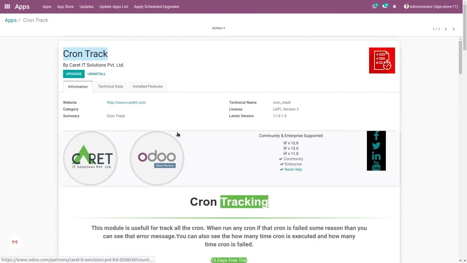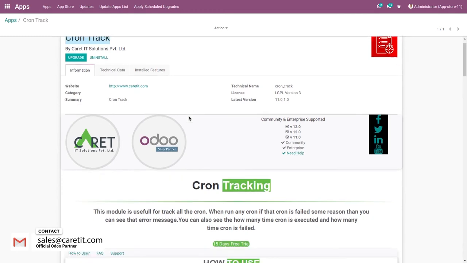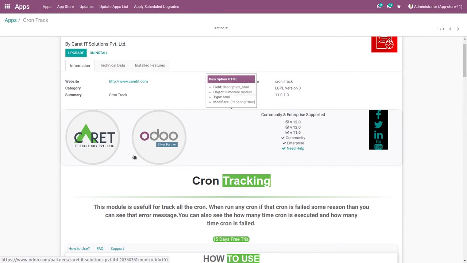So first I am telling you what is the use of this module. This module is useful to track all the crons when any cron runs. If that cron fails for some reason, then you can see the error message, and you can also see how many times the cron is executed and how many times the cron has failed. So let's go to the